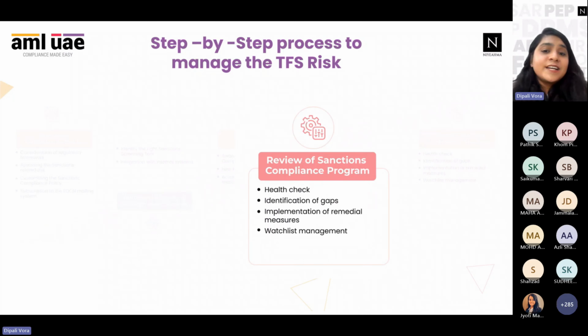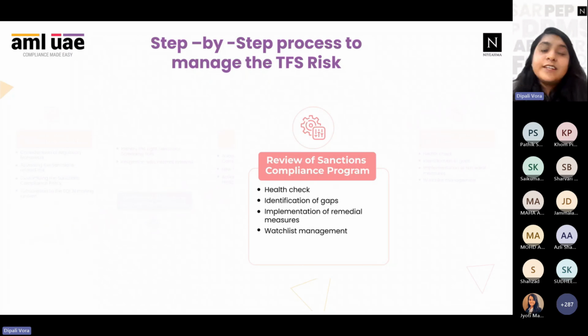And the last is review of sanction compliance data. Review means, let's say you have a policy of reviewing your compliance structure or screening every 2 months, just making sure that all of the customers who have onboarded in the last 2 months are being screened, and whether ongoing monitoring is happening or not. If that kind of review is planned for the organization, it would be very easy that 1 year down the line, when you are required to go through the AML audit, you will have very few observations when it comes to sanction screening compliance.